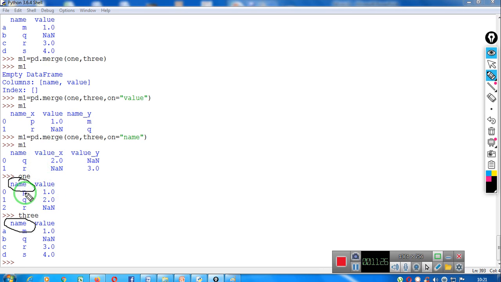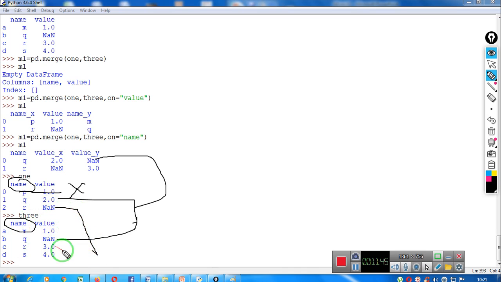So I am having a P over here, I don't have a P over here, so this record will not be displayed. I am having Q over here and there is a Q over here, this record will be displayed. So you can see this record over here. And now I am having R over here, R is also over here, so you can see this R 2.0, R NaN value and R 3.0.